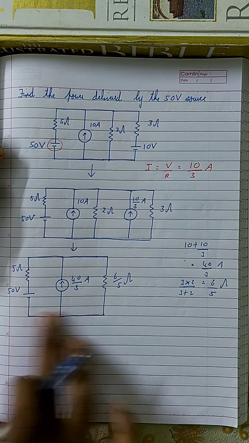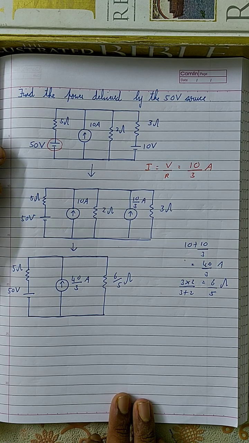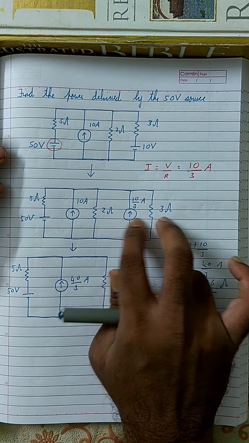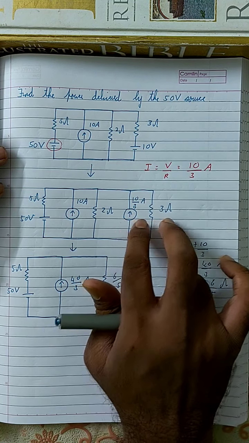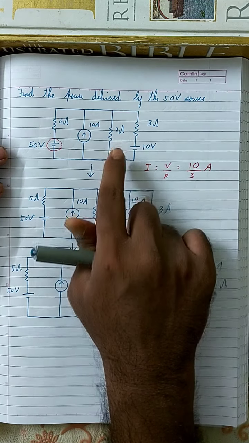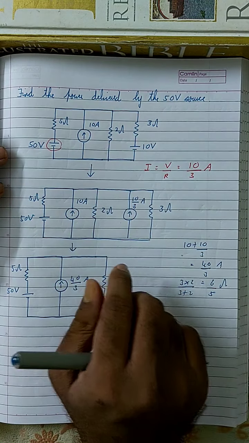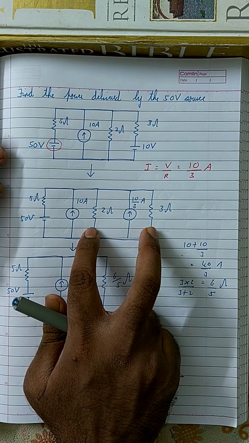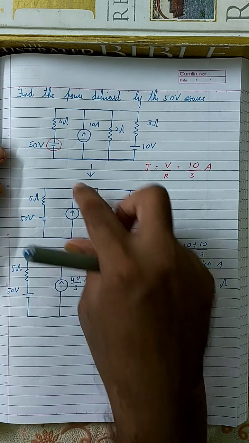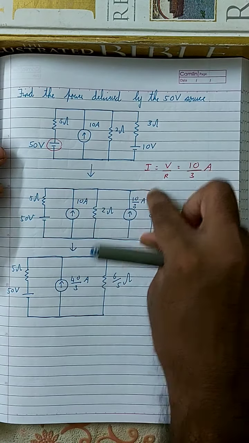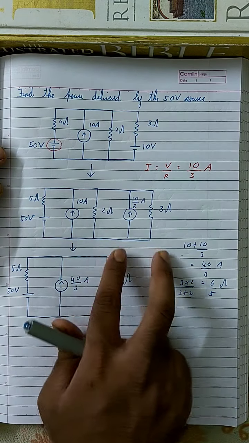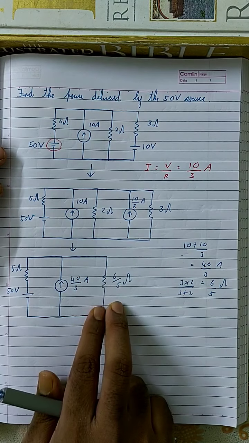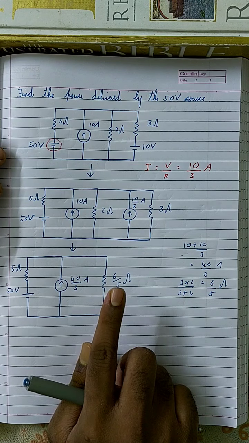Okay, now you see how the circuit became simpler by applying the source transformation technique. First I applied it over here and it became these two branches. Then I made it like this because, since this is a parallel network, I can later combine the current sources, right? So after combining these two current sources, this became a single current source, and these two resistors are in parallel to each other, right? All these four elements are parallel to each other, so I can combine them. That's why I combined these two current sources, then I combined these two resistors, and now they became 6 by 5 ohm, right?